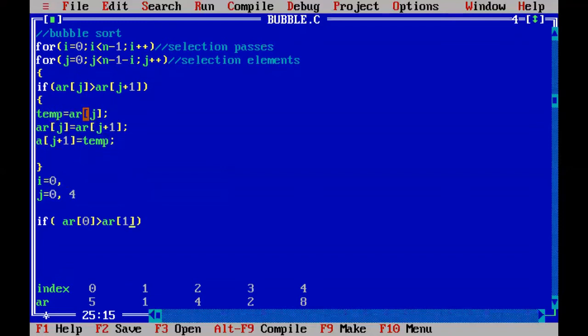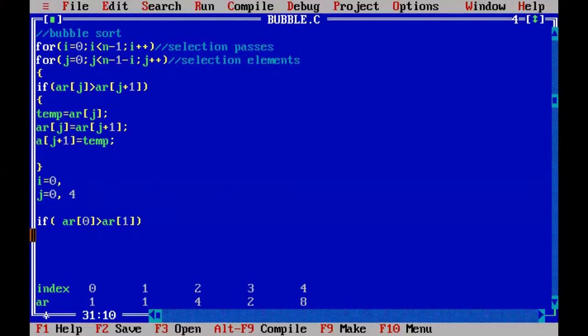So first AR of j, that means the AR of 0 element, is copied into temp, and then into AR of 0, that means into the 5's place, AR of j plus 1, that means the AR of 1 element, is replaced. So here into the first place 1 will come.